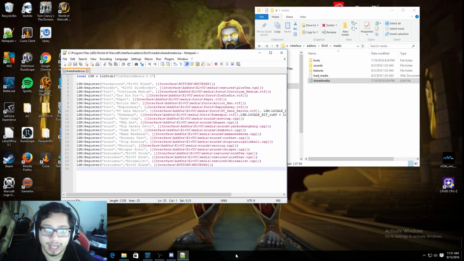When you're in the text editor, you're going to copy a previous LSM registry. So we can copy over the continuum medium.ttf, and then you're just going to paste it wherever you'd like. Typically at the bottom is where people do it, but I like to do it in between to keep everything organized where the fonts are. And then you're just going to replace the name of the copied file with the name of the file to the Pepsi